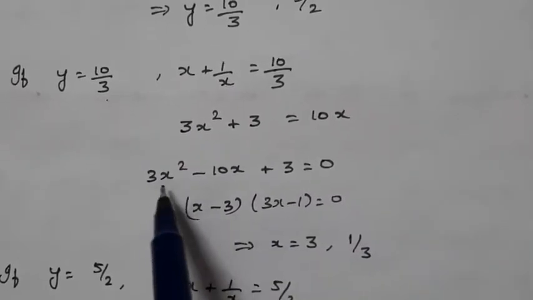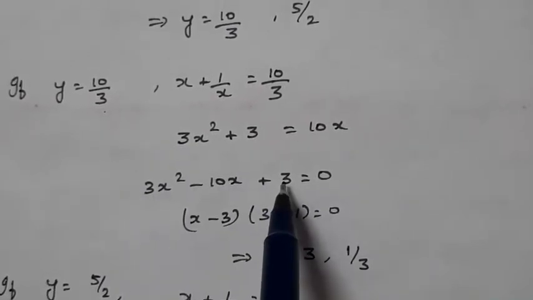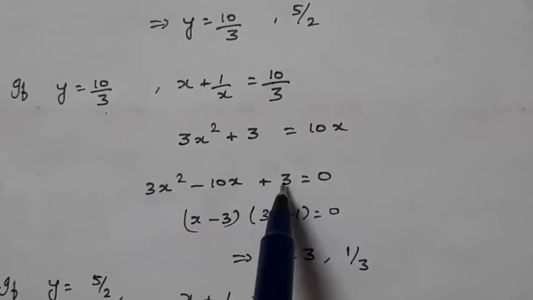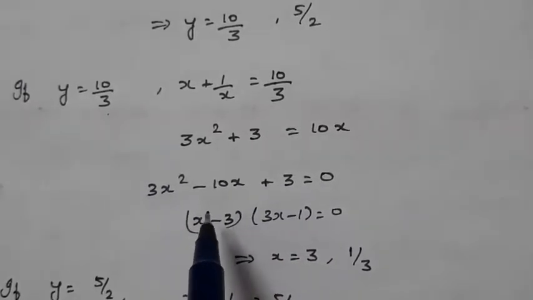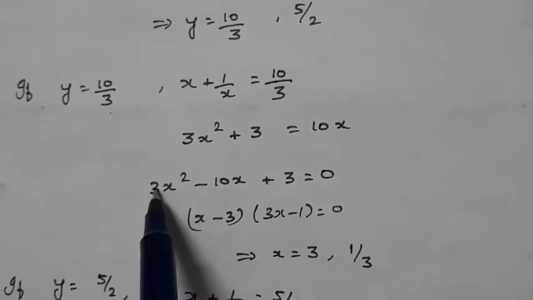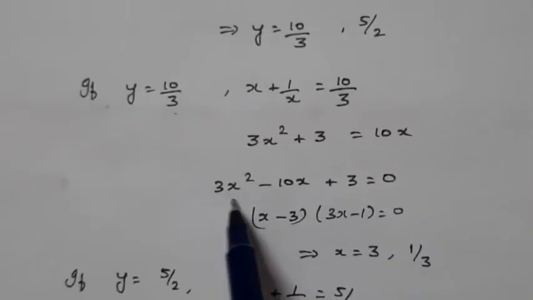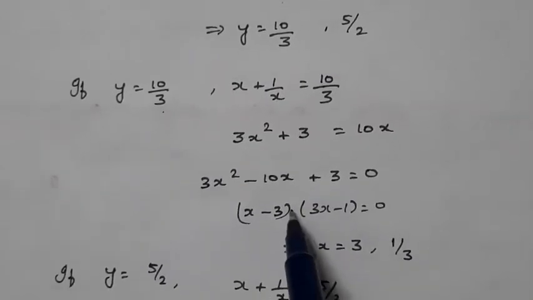So, if the equation is like this, that is the coefficient of x squared and the constant are same, and the middle term will be the successor of the product, then the equation will have the roots of the type alpha and 1 by alpha, where alpha is the same number 3, that is the coefficient of x squared. So, this equation should have the roots as 3 and 1 by 3. This is obvious, but you have to show that.